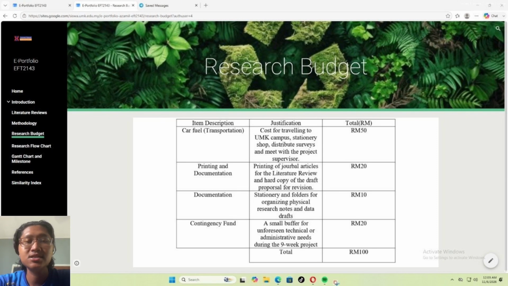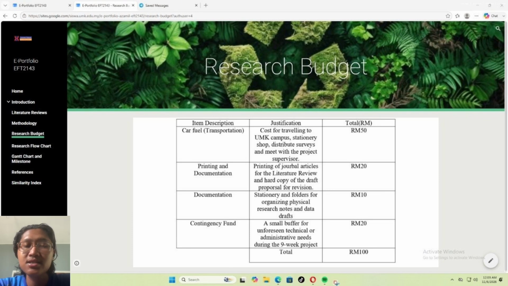Next, we look at the research budget section. The financial planning for this 9-week project has been kept highly economical, totaling exactly 100 ringgit. The above includes car fuel, RM15 for travel to the UMK campus, survey distribution, and supervisory fees.